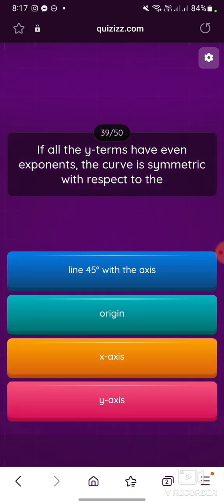If all the y terms have even exponents, the curve is symmetric with respect to the